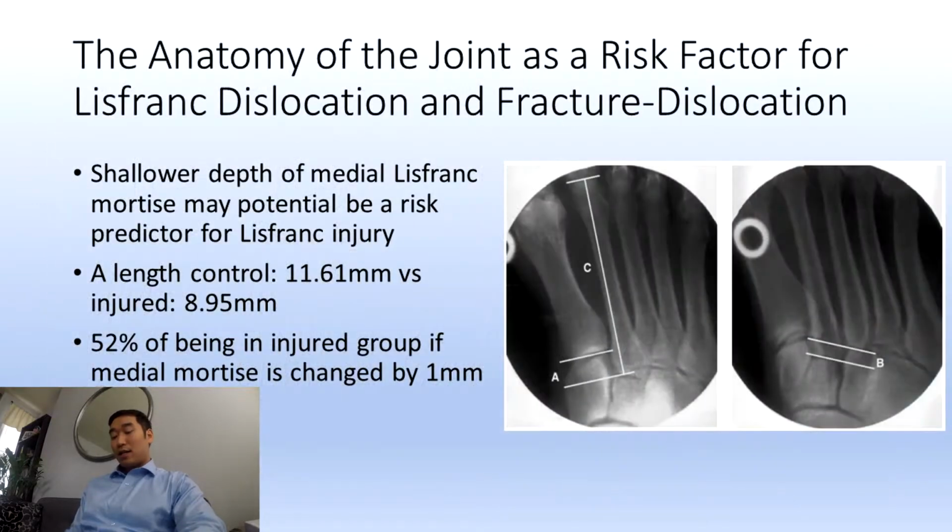There's a study published in JBJS where they looked at varying factors of Lisfranc injury, trying to determine if there were any significant predictors for Lisfranc fracture or dislocation. What they found is that the medial mortise of the Lisfranc joint, as illustrated in the diagram as A, is a significant predictor of Lisfranc injury. The authors wanted to say that you want a longer depth rather than a shallower one, because a shallow depth means a smaller attachment of the Lisfranc ligament, which means a weaker one, and it will be a little more unstable compared to the other